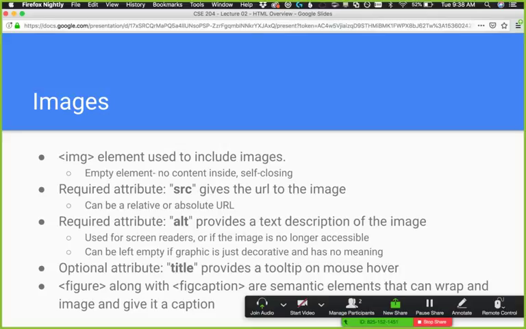So that can be kind of useful too, especially if it's something important. You can leave the alt attribute empty if it's purely decorative and it has no meaning. So if you're totally sure that there's no meaning associated with this image, a screen reader doesn't need to read aloud the description of the image. If it's just a fancy divider, you're using it to separate sections of your page or something purely decorative, you can leave the alt tag blank,